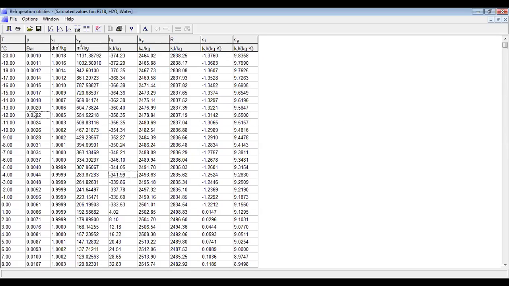This is very important. Here you can see saturated values for water, in the left top column. You can see saturated properties of water. Good. And there can also be other tables as well. So if you look into the property tables,